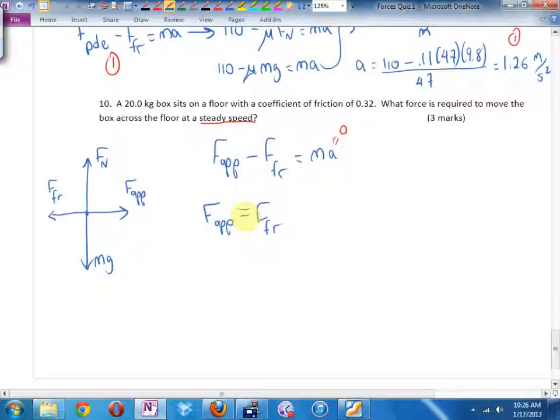Sure. What's the applied force? That's what they're asking me to find. Friction. Oh, friction is what times what? Friction is mu times the normal force. I know mu, 0.32, I don't know the normal force. Oh, but look. I know another force the same size as the normal force. What? Sorry, I didn't hear. What's another force the same size as the normal force, folks? mg. So I can say